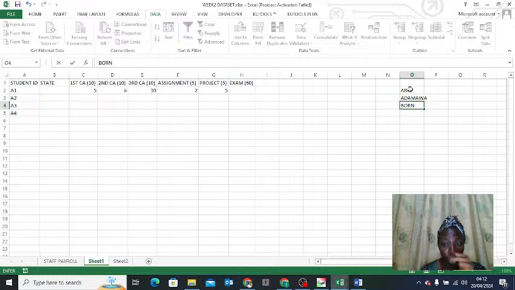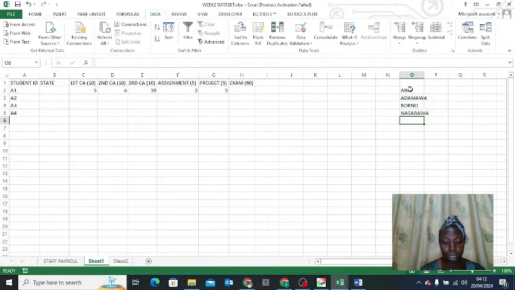Some people will write Borno differently, and for your analysis it will see it as two different entities when some people write O, some people write U, some people write it in small letter. So to just avoid mistakes in data entry, you put data validation. Data validation actually helps you out. So let's